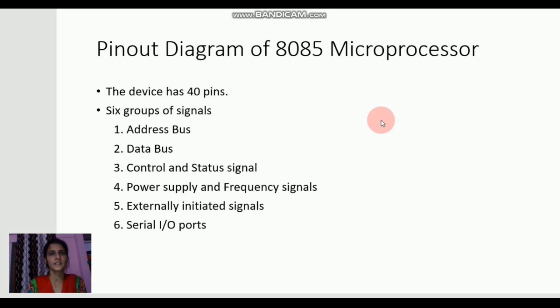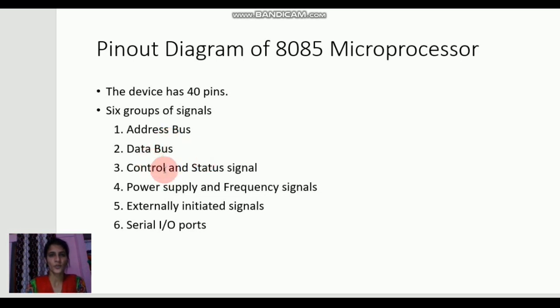The Intel 8085A chip has 40 pins, which can be grouped into 6 types depending on their purpose. First is the address bus. Since it can address 2 to the power 16 bytes of memory, there are 16 address lines, as 16 bits are required for 2 to the power 16 registers, each being an 8-bit register. Then comes the data bus, which needs 8 pins as 8-bit data is processed at a time.